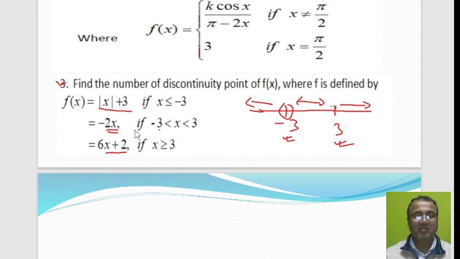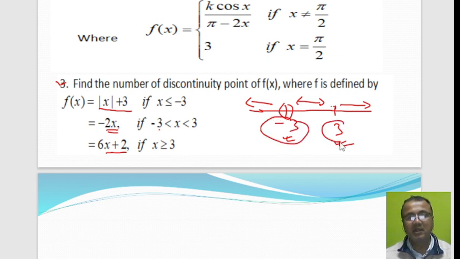Minus 2x is a polynomial function, so you can say that it is continuous only. Now you only have to verify at the points minus 3 and plus 3. These 2 points we have to verify, whether continuous or not. Okay, so then you try to complete this problem. In the continuity portion we have done only this much for now, because we also have to do the remaining chapter, the remaining topics,